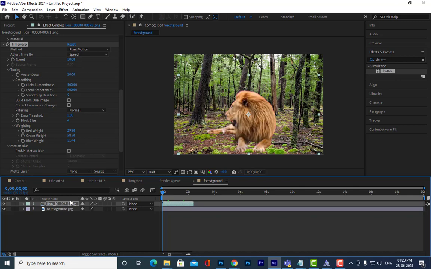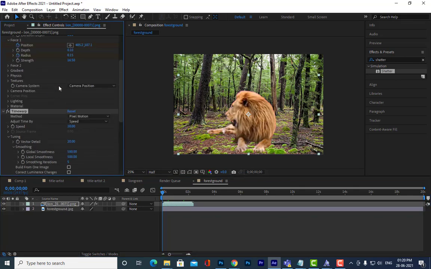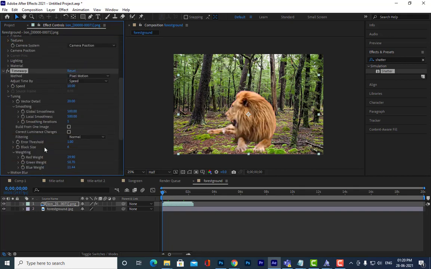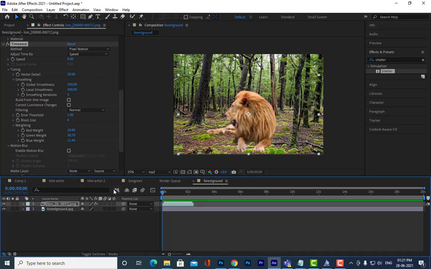So you can use this time warp to control the speed, meaning increase or decrease the speed here. What will happen is it has become very slow.